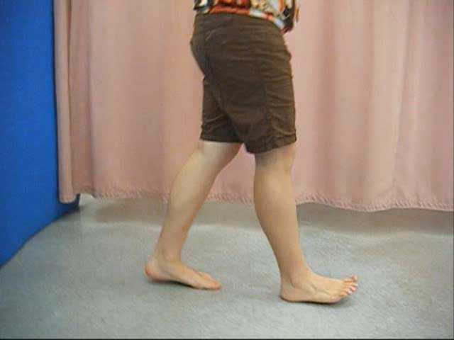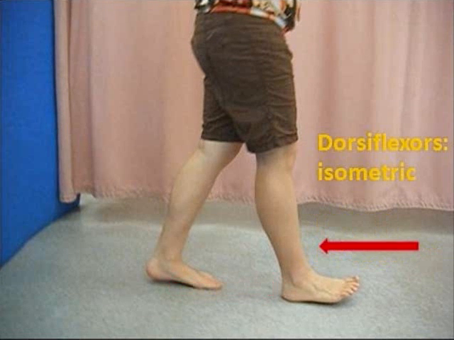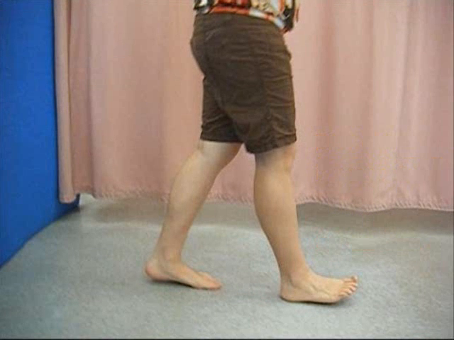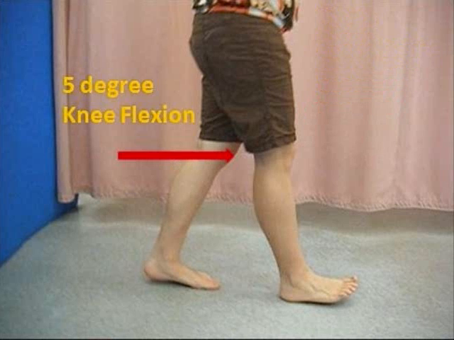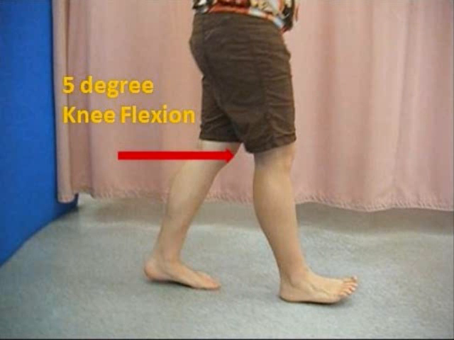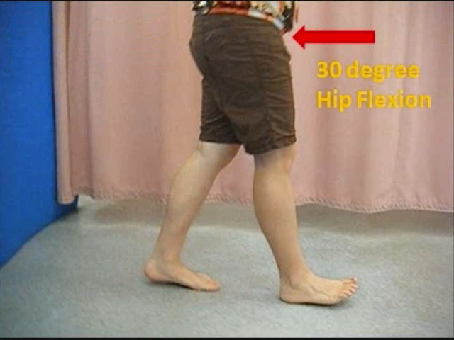At initial contact, the knee is extended and the ankle is held in neutral dorsiflexion through isometric activation of the dorsiflexor muscles, the tibialis anterior. Knee extensors, the quadriceps, are eccentrically active and slightly flexed to 5 degrees to prevent the knee from buckling as weight is transferred onto the stance limb. The hip extensors are working isometrically to prevent the trunk from jackknifing forward and bring the hip into 30 degrees